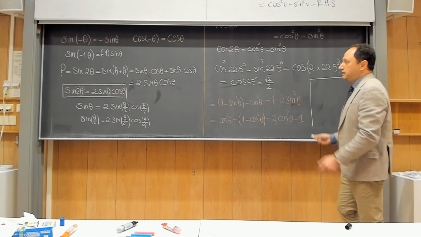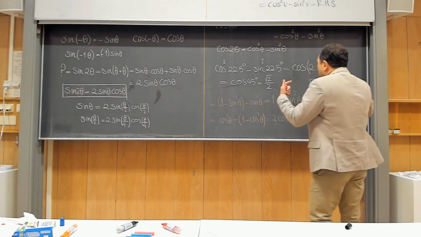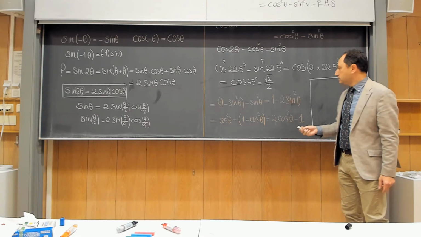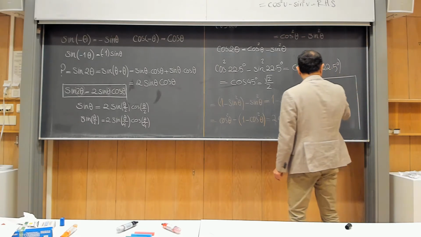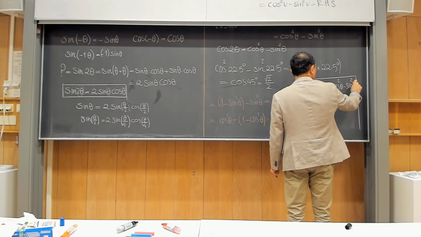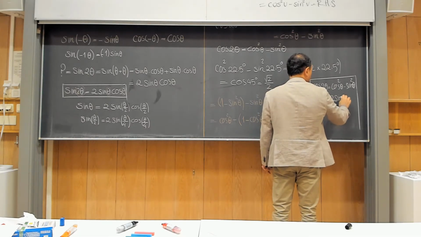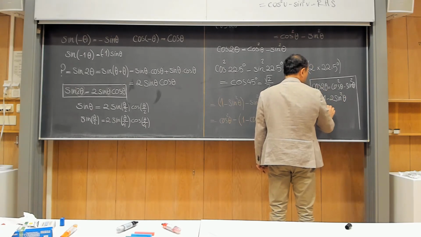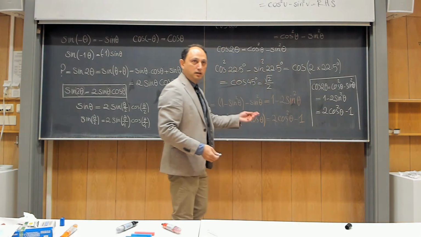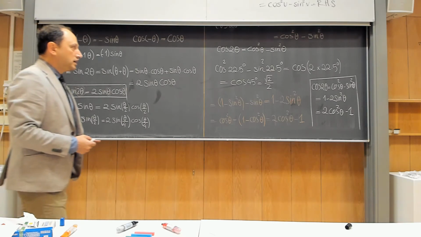So for sine 2 theta, we have only one combination. But for cosine 2 theta, in principle, I have one combination, but I can write it in 3 different ways. Yes? So for cosine 2 theta, the standard formula would be the difference of these squares, which is actually very important to know. And then you can write it only in terms of sine if you want to. And you can also write it only in terms of cosine if you want to. So these are the formulas presented for the cosine of 2 theta in the book and in the formula sheet. Yes? And of course,